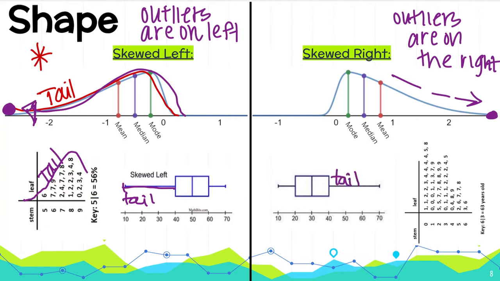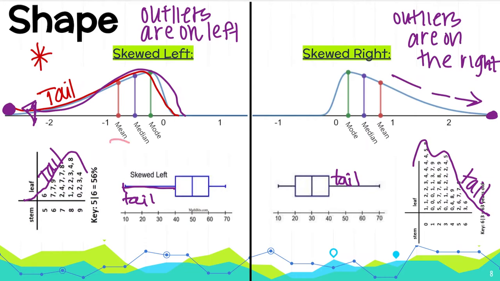So that our tail is on the right, that is the direction of the skew. So if I have a graph that is not skewed, then generally we're not going to really have an outlier. All of our data points are very close together, and our mean and our median will match up. Notice,